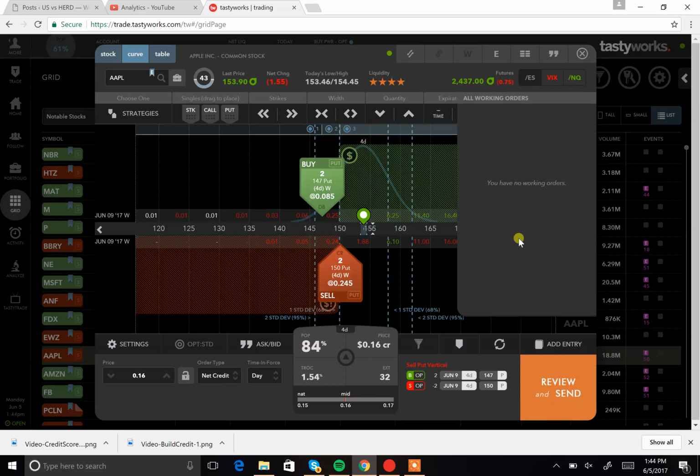You go over here. This is how many working orders you have currently in progress in work. So they haven't been filled yet, but I don't have any currently. So you'll just see nothing here. If you go here,